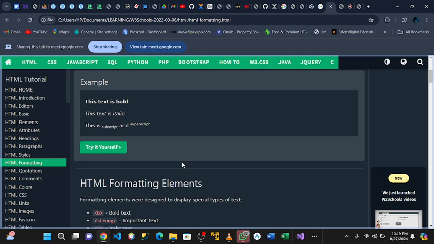So let's say, for instance, you want the text to be bold, or you want it to be italic. When you format it, you are sending a kind of notification to the user. You're letting the user know that this particular line of text has a unique meaning. Because as a user, I might be reading through a website, and then